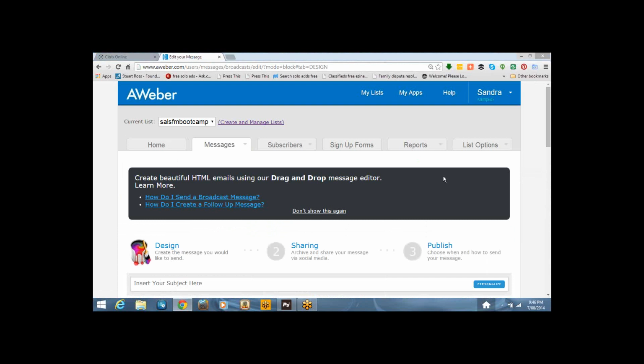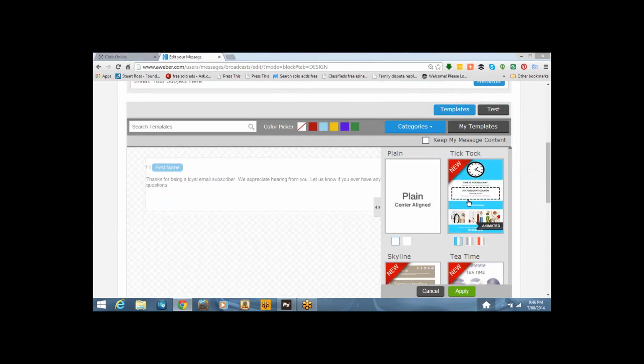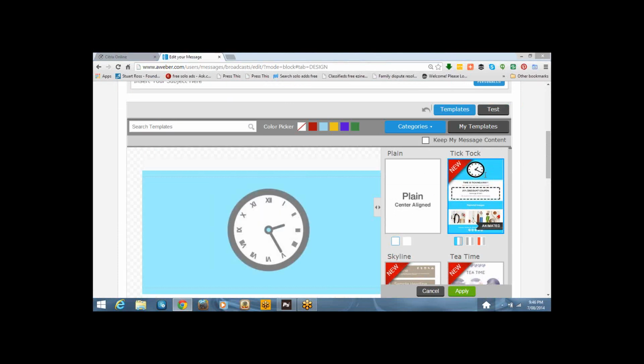Move your pictures to the left-hand side, because you may be somebody who posts all your pictures on the right-hand side and you're not getting a good open rate, but you still want to use that same template. So once you know what template you're using, say you've selected a template, this is the template that you like, and you've clicked on that template, you'll write down the name of it, TikTok, so you know what template you're using. So you write TikTok down. And you may do things differently in here.